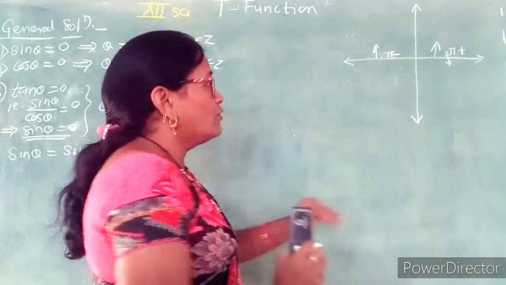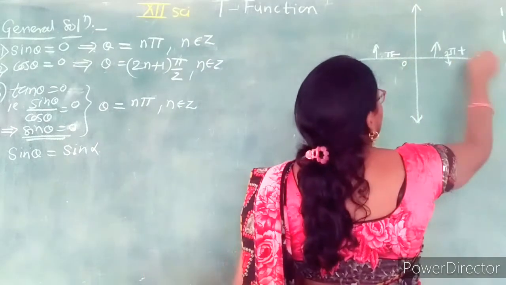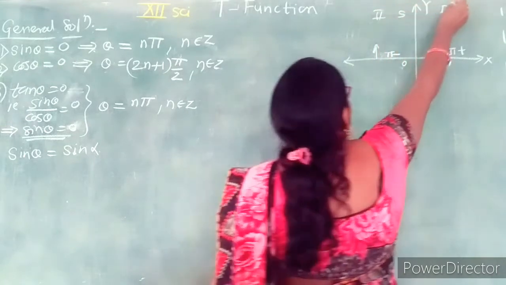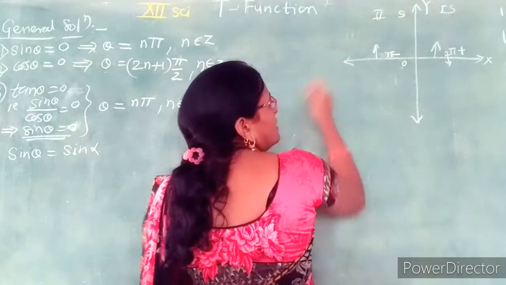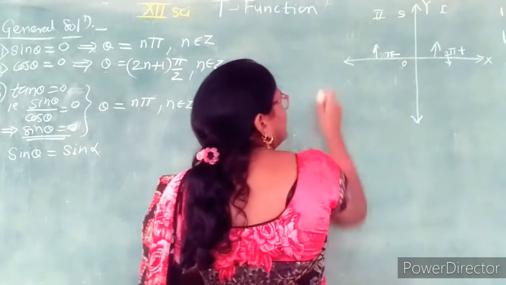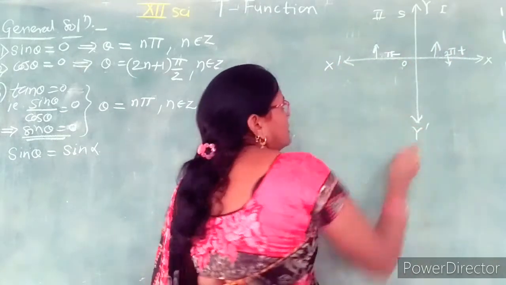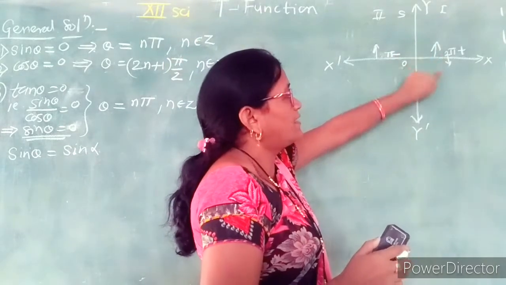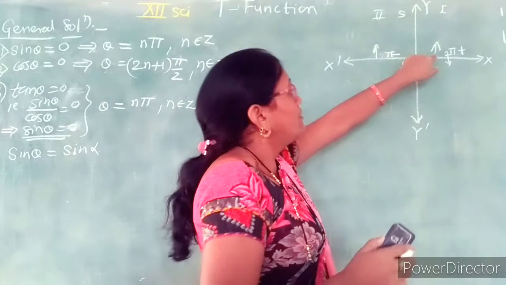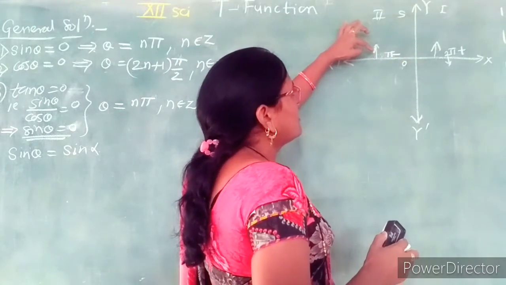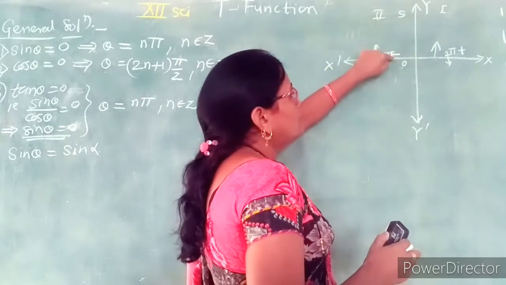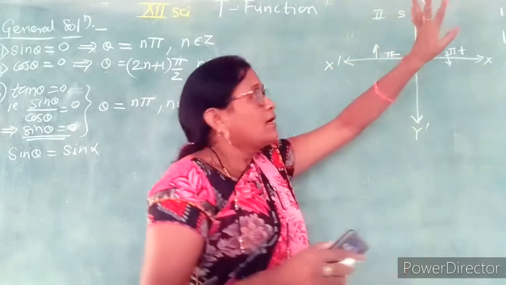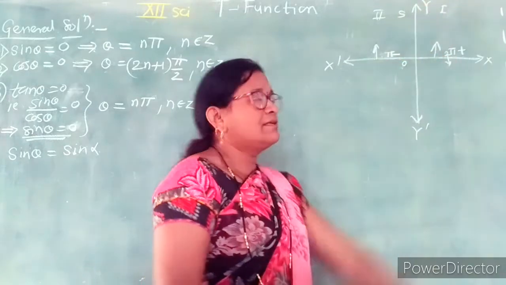For sine, the angle lies between the first and second quadrant. In the first and second quadrant, sine ratios are similar, and therefore we take the values in both quadrants. In the first quadrant the values are 0, 2 pi, 4 pi, 6 pi. Whereas in the second quadrant the values are pi minus, 3 pi minus, 5 pi minus, meaning all odd multiples of pi, and again we take that measurement in the reverse direction.